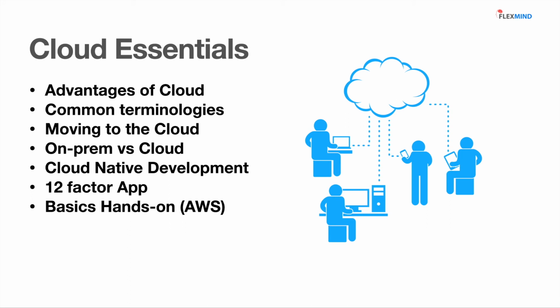And cloud native development is something that you should not just be aware of, but you should have proper hands-on experience with. Well, there is one thing called the 12 factor app for cloud native developers. So I would recommend going through that. And then you should be aware of basic hands-on with any cloud service provider. If your company is working on AWS, if you are developing an application on AWS, then what are all the services that you can leverage to develop your application, like API gateway, auto scaling, EC2 instance, S3 bucket for your file storage,